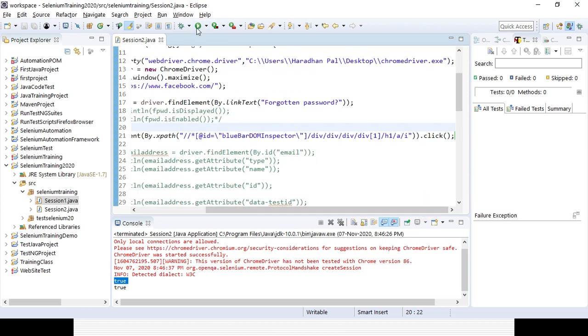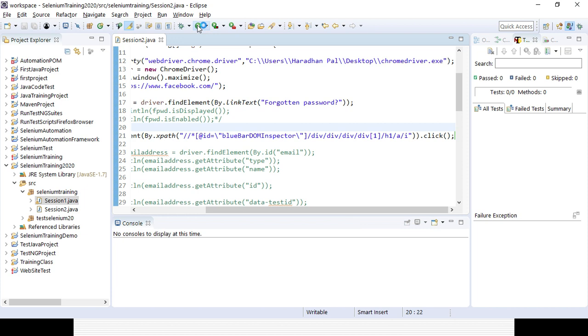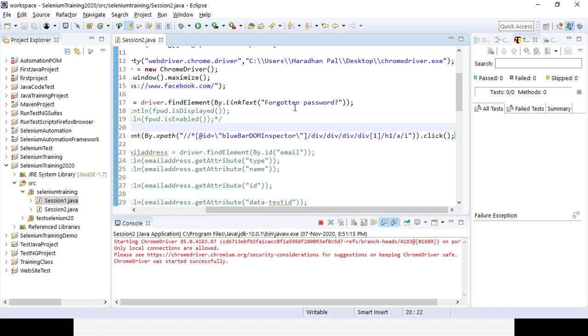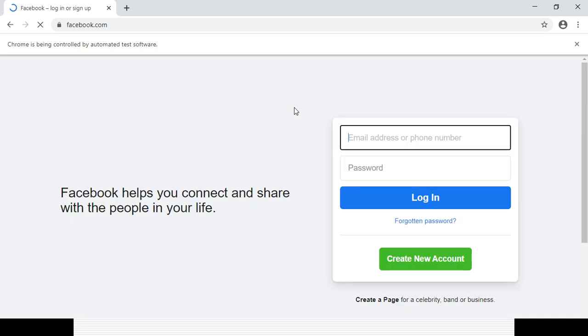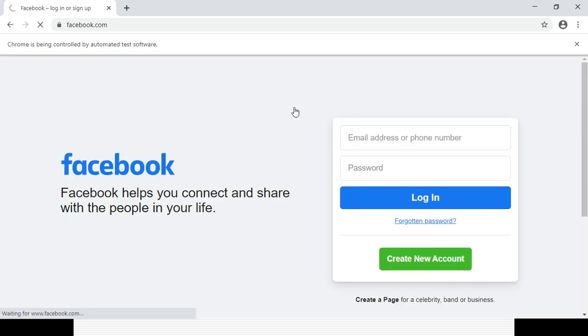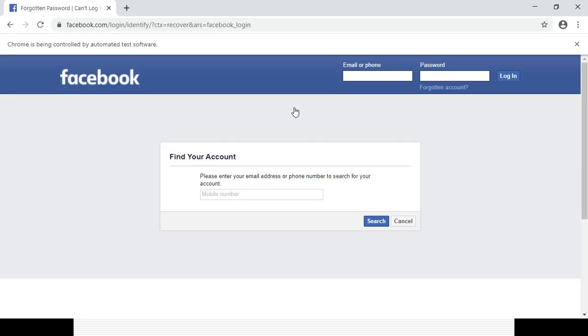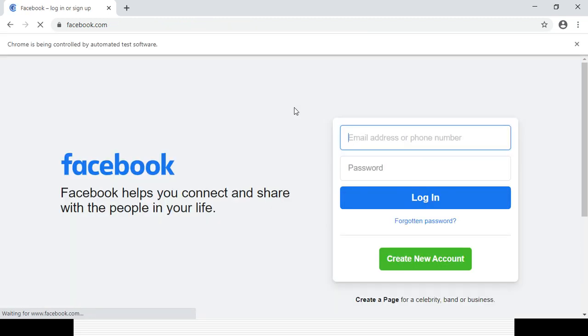If you run the code, it will open the Chrome browser, maximize the browser, pass the URL for the Facebook page, then click on the forgotten password link. After that it will click on the Facebook image, and it goes to the Facebook home page. That is the code I have written and it's working perfectly fine.